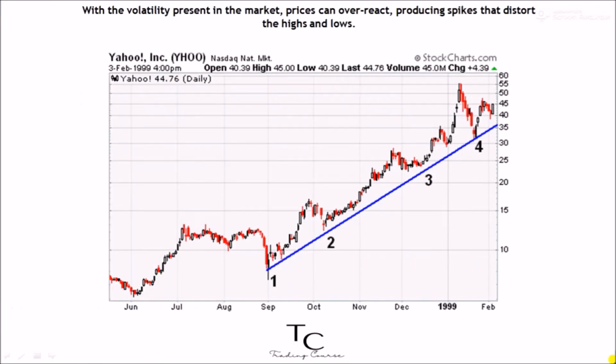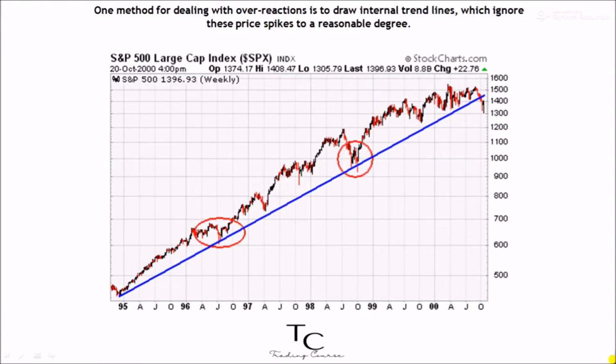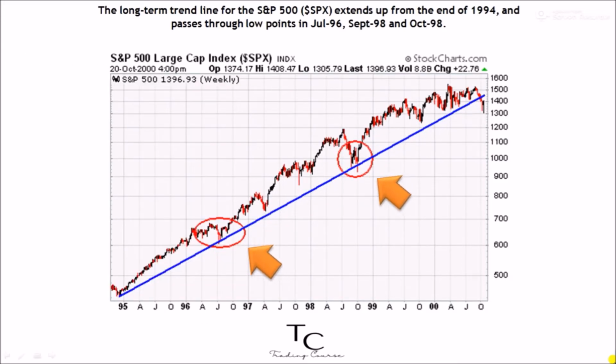With the volatility present in the market, prices can overreact, producing spikes that distort the highs and lows. One method for dealing with overreactions is to draw internal trend lines, which ignore these price spikes to a reasonable degree. The long-term trend line for the S&P 500 (SPX) extends up from the end of 1994 and passes through